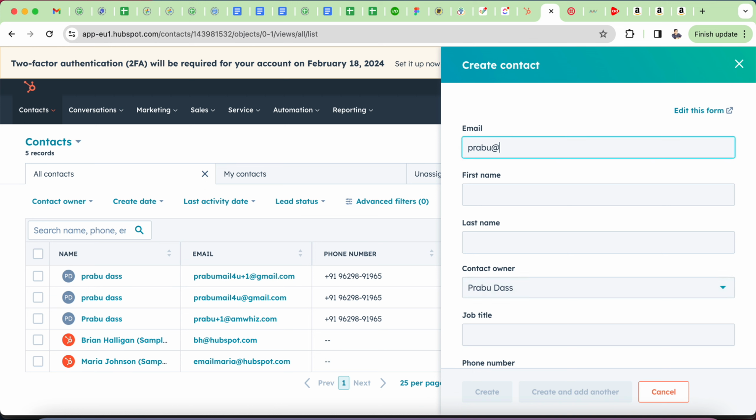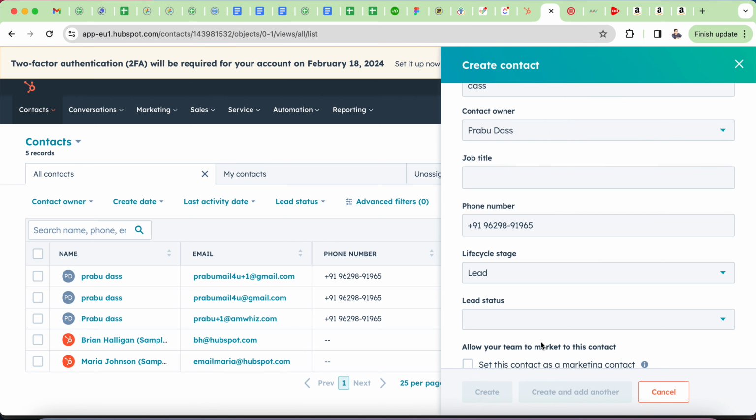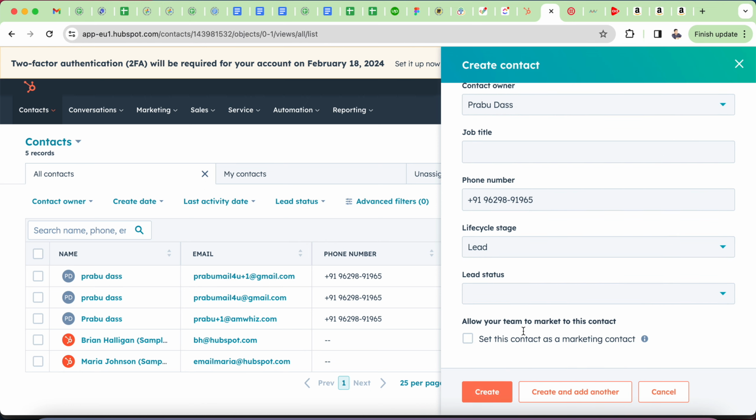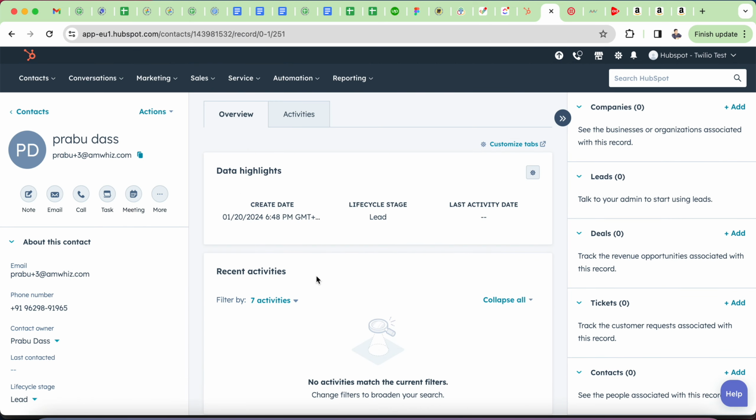Prabhu, this3@ambers.com, and phone number, of course, 962989961. Apply. And now I'm going to create a contact which should send an SMS, a welcome SMS to my number. Okay, a contact has been created,